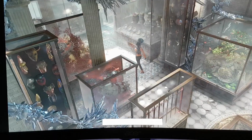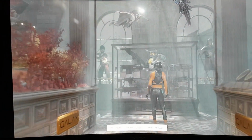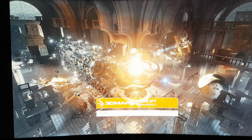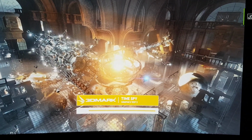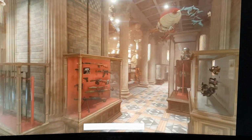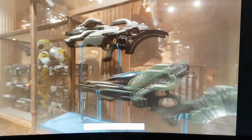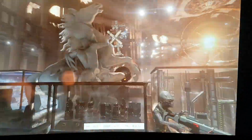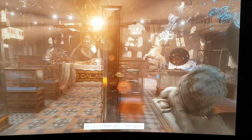Zooming in on the frames per second count, you can see that it's quite good actually, almost up to 40 frames per second. So we are close to the end of the first test, as you can see. The next one is the second graphic test. Let's check out how it performs. These tests are probably quite boring, so I will fast forward to the end of this sequence. So we are almost at the end,